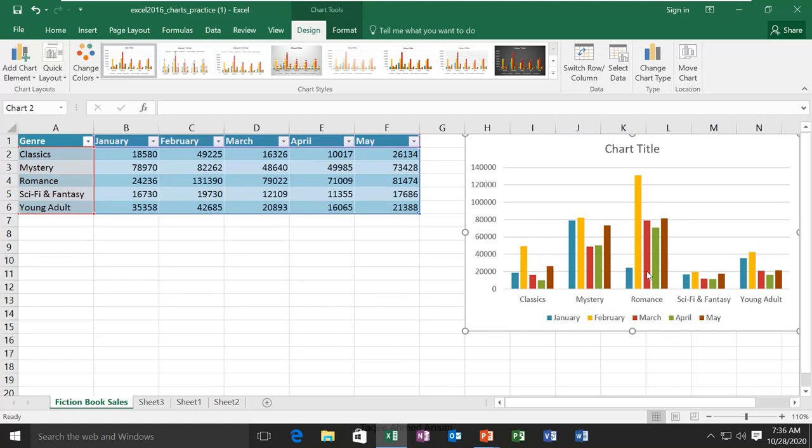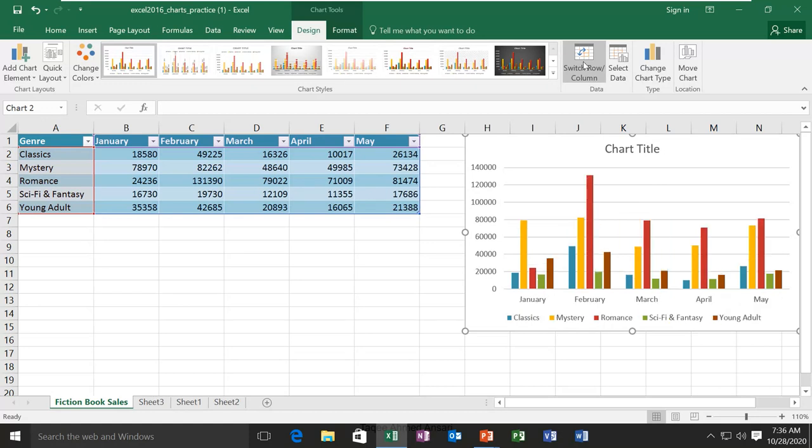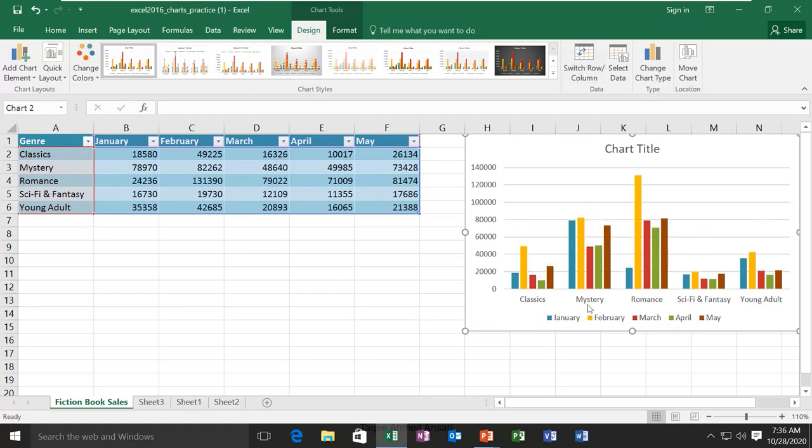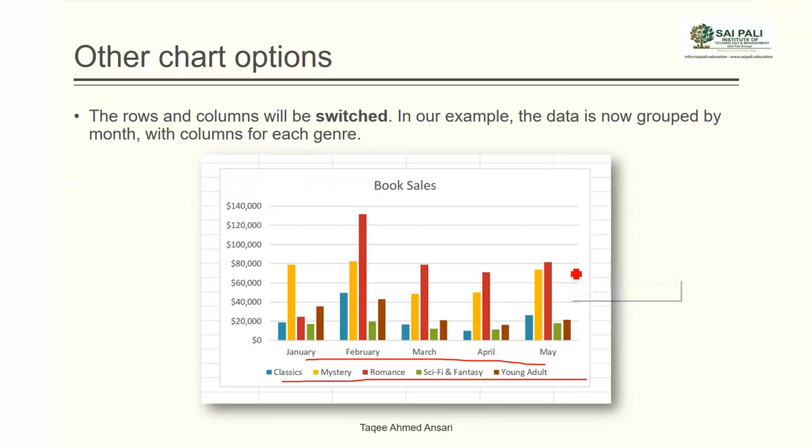January is now in columns, but it will not change the source data. The source data remains the same because it is the actual data. This chart is only the representation of this data. So you can switch it in any way.